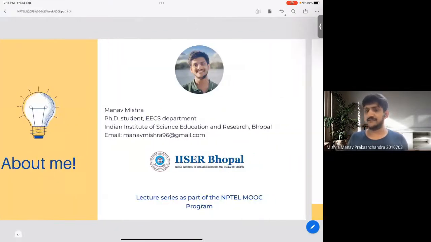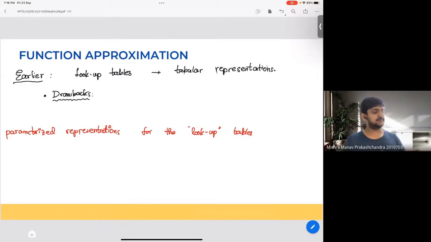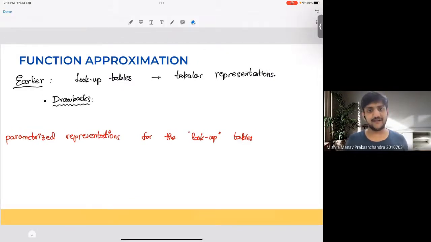The main motto today is to just do a quick recap of what has been covered in the week 8 lectures, and mainly it has to deal with function approximation. Earlier, what we have been studying till now is that we have some access to a value function table, which you can quickly refer to and get the corresponding value. And that value function table is what you keep on updating. So the representation that you have is a tabular representation, a lookup table, and you keep querying that whenever you need to